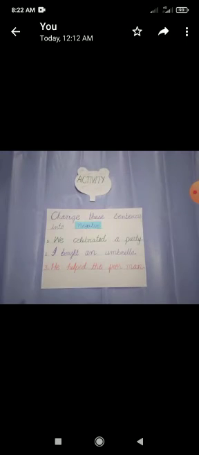Okay dear student, after this there is an activity. Here I have given you sentences. Number 1 is change these sentences into negative. Sentence number 1 is simple past tense: we celebrated a party. When we change it into negative, we will add did not in the sentence, and our second form of verb will be changed into first form of verb. Then our sentence will be we did not celebrate a party.